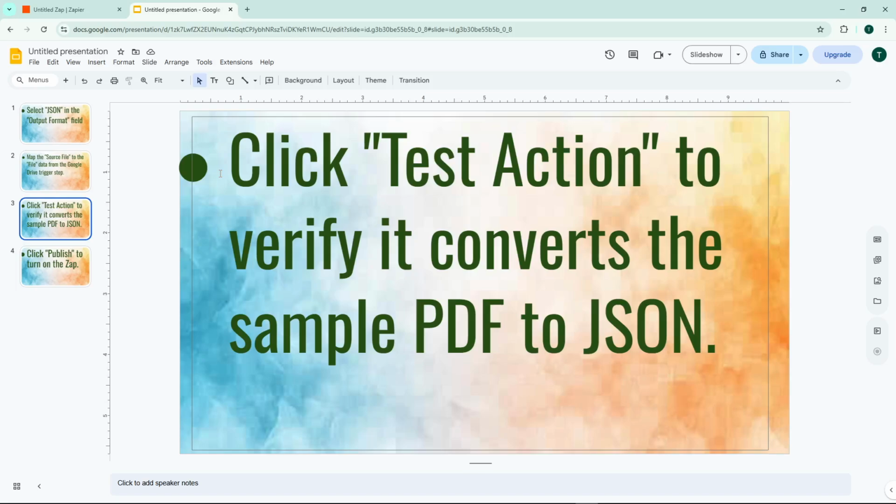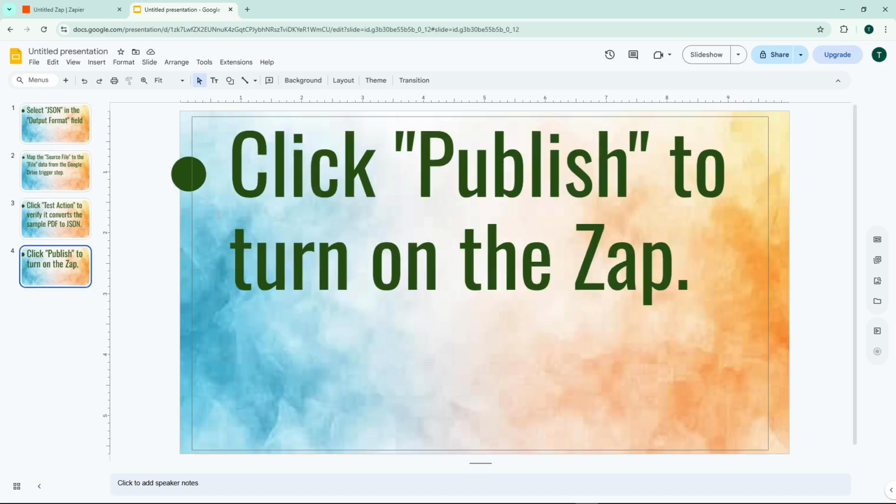Before you activate this Zap, it's important to verify everything works correctly. Click Test Action to run a test using a sample PDF from your folder. Zapier will process the file and show you the JSON output. Review this carefully to make sure the conversion meets your expectations and that all the data is being extracted properly. Once you're satisfied with the test results, click Publish to turn on your Zap. Your automation is now live and will automatically convert any new PDF files in your Google Drive folder to JSON